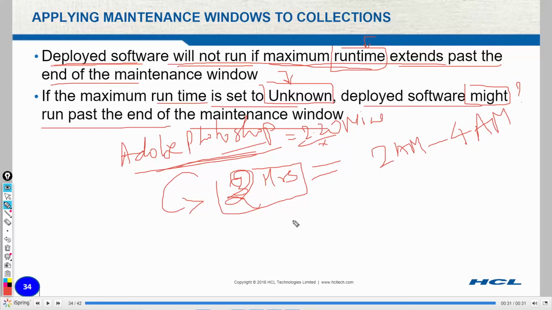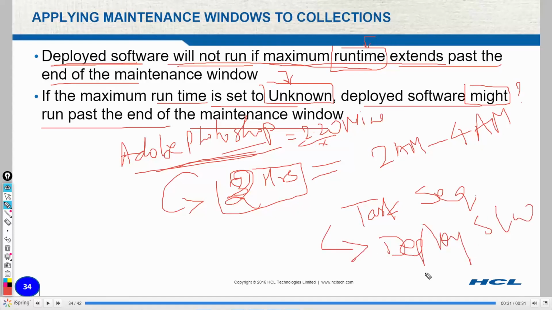When you create a task sequence for deploying that software, during the task sequence you need to define the runtime, approximately what time it will take. Depending upon your runtime, you should know how much it should take, and you should define that runtime.